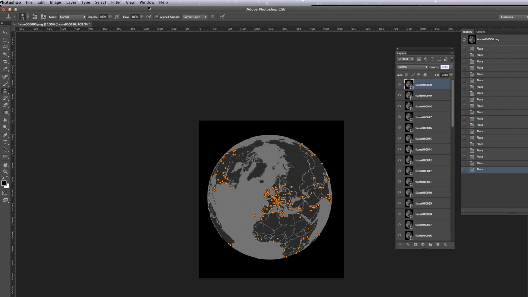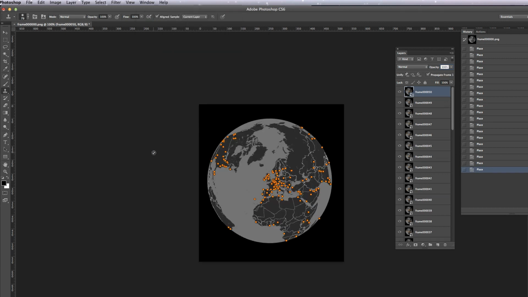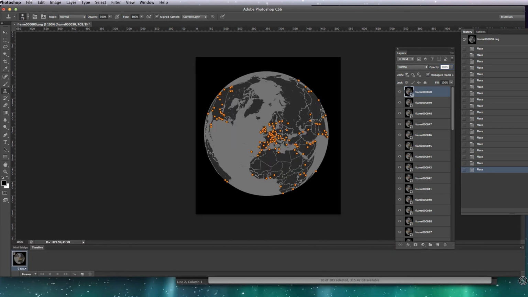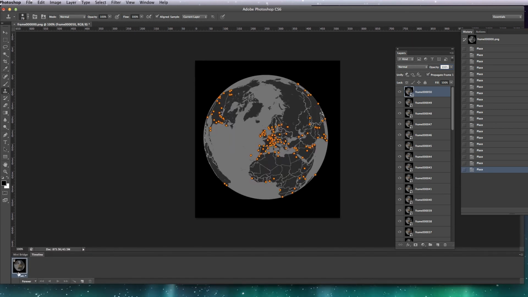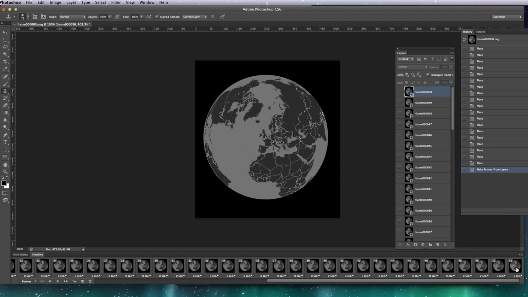Okay, so next thing we need to do is bring up our timeline. So timeline here, just make this window a bit smaller so you can see it. It comes up at the bottom. So there's our timeline with one frame in it. So just click on this little drop down menu here and choose make frames from layers. And what that'll do is it will add in all of your frames, all 50 frames, or 51